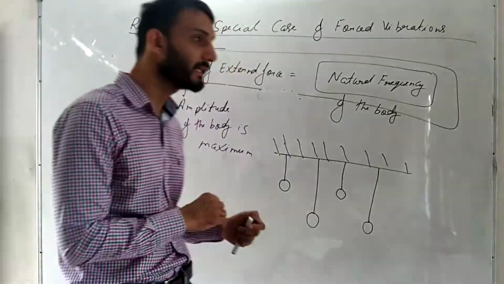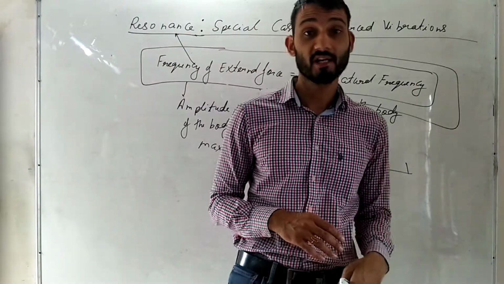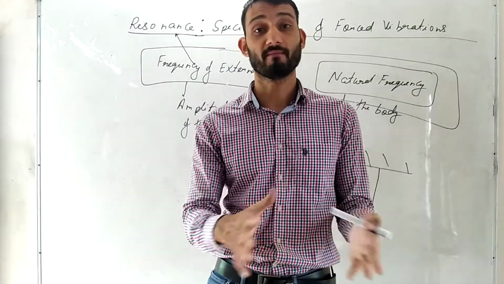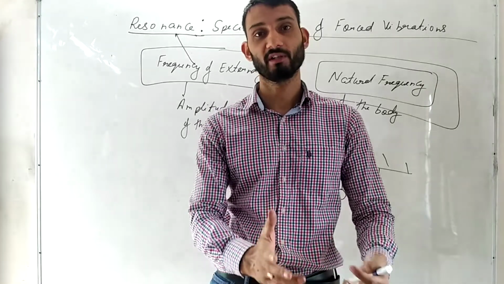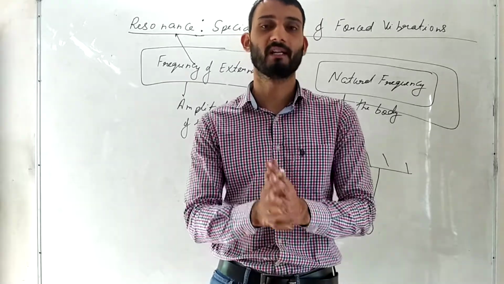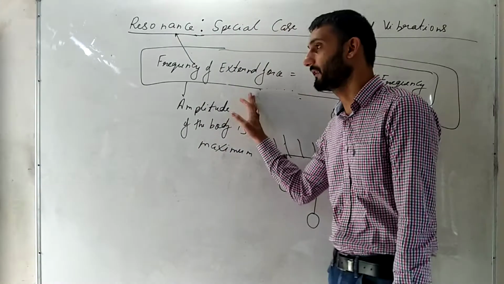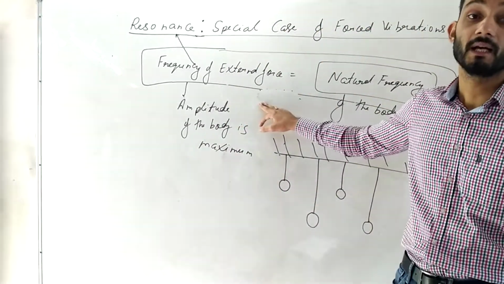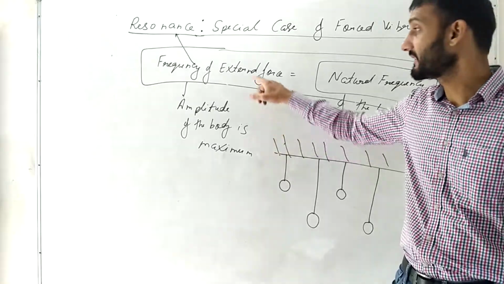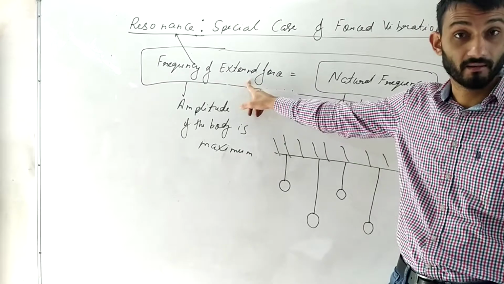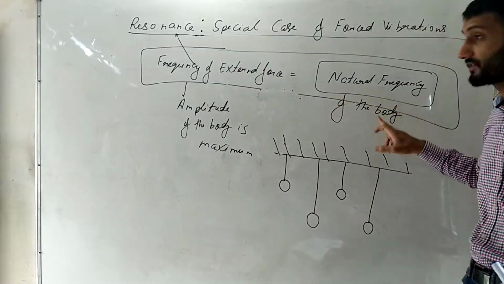The third example is when soldiers are marching and crossing a bridge. They're asked to break their march. It means they're asked to stop the marching, and they walk normally through the bridge, and then again they resume their marching. Why is this done? Because again the same thing happens. The frequency of the marching may match the natural frequency of the bridge. So the frequency of the external force, that is the marching of the soldiers, may match the natural frequency of the bridge,